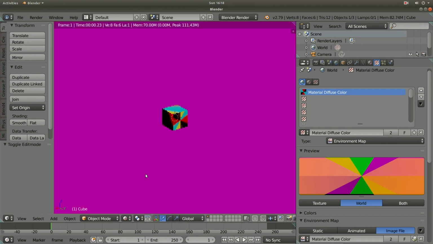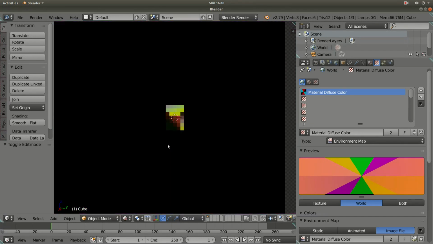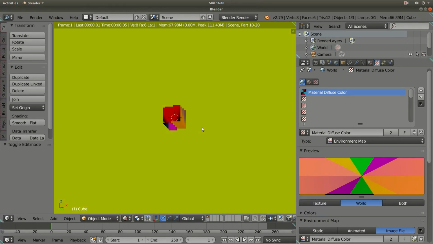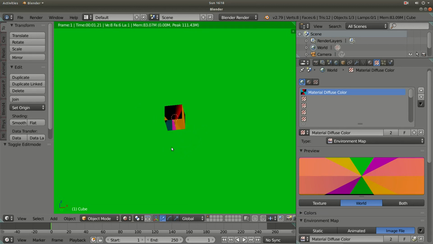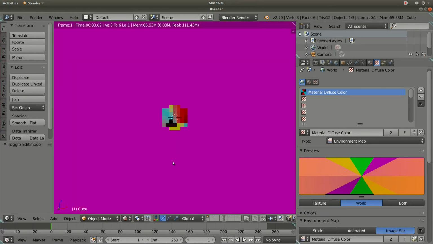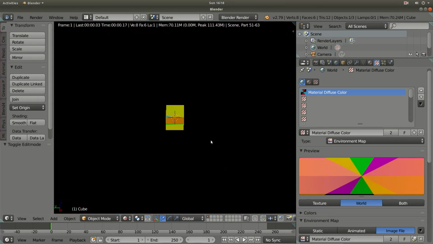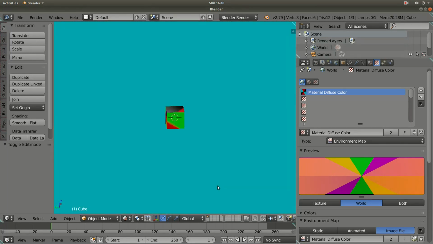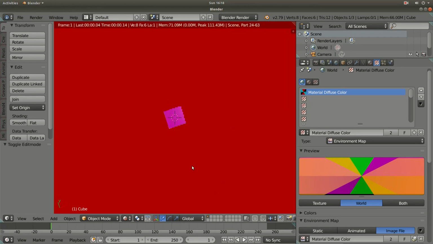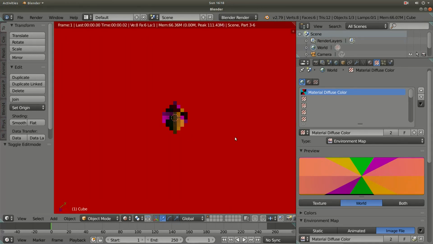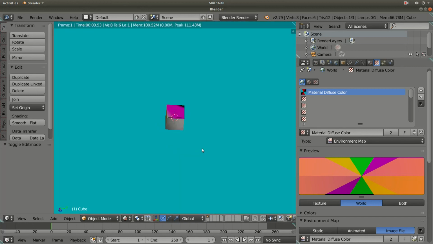So as I am just controlling the viewport by tapping the middle mouse wheel, I can see that the separate color of environment is visible, and if I go to the solid mode and then